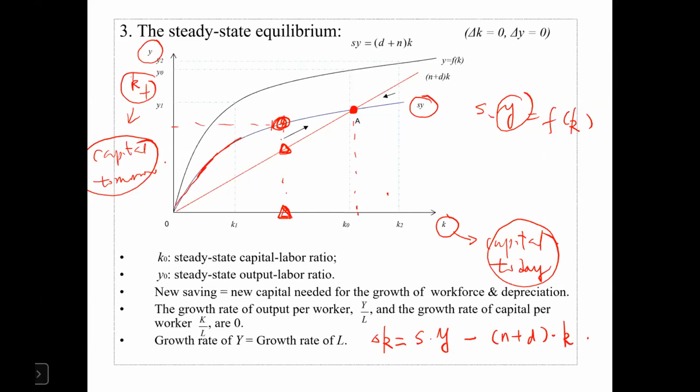Now, if we are on the left-hand side of K star, and this saving line is above this straight line, meaning each unit of capital saved here is going to exceed the negative force caused by depreciation and the population growth, right? So if that's the case, we are going to move in this direction, meaning you're going to keep accumulating capital. Now, on the other hand, if we are on the right-hand side of K star, say for example, we are here,